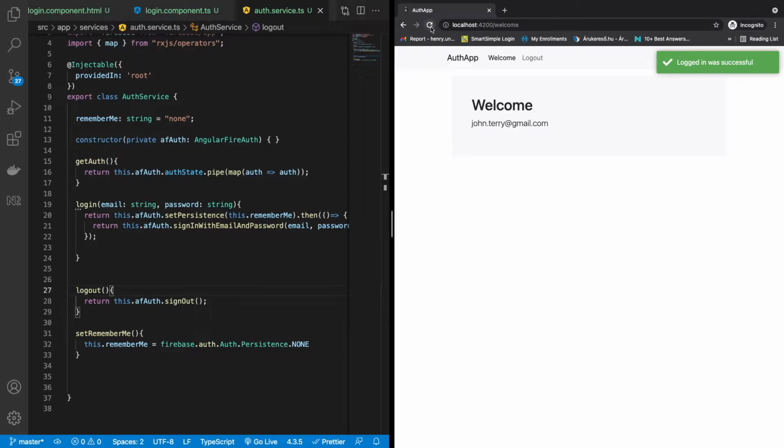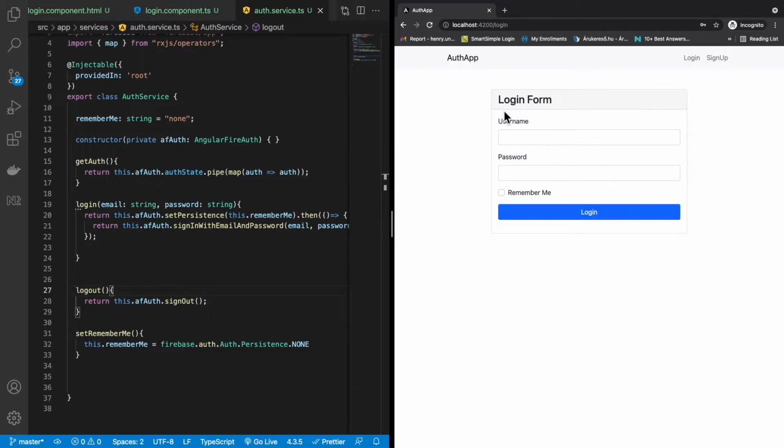But then if I refresh this page, I'm being redirected back to the login component and I should log in again. And this is what you get when you set the persistence to none. So I really don't like that. So I prefer my default to be session, because when you refresh the page, the persistence is already stored in the session storage, so you don't have to log in again. So I prefer having the default to be session,